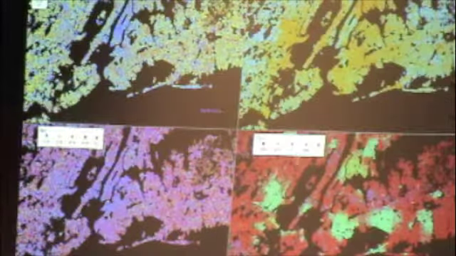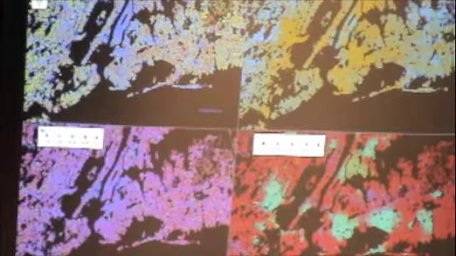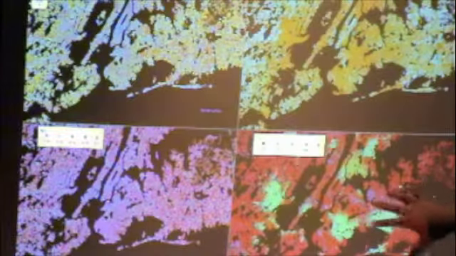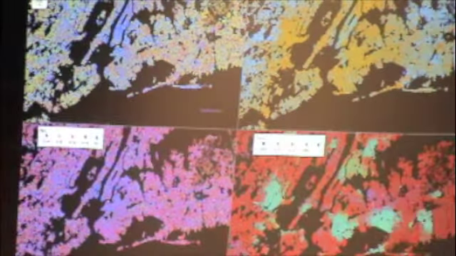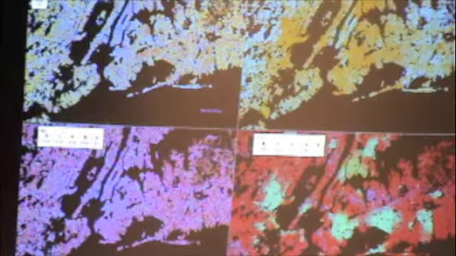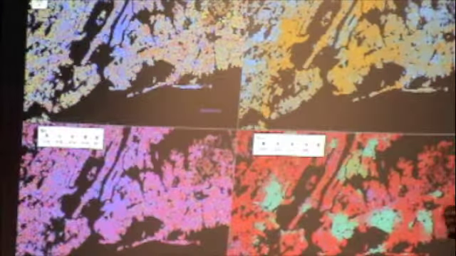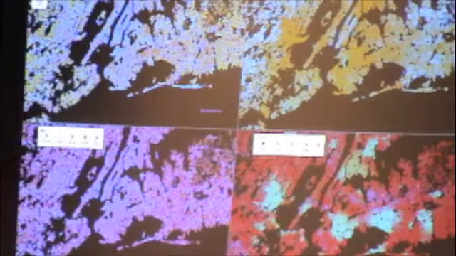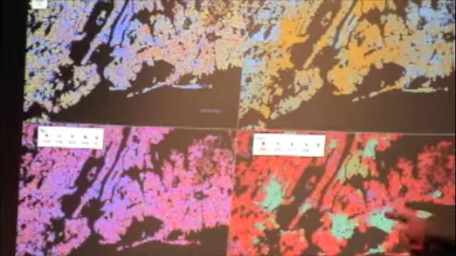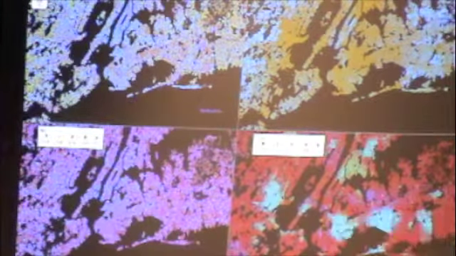This is New York City, and the New York City area has stark spatial clustering that we can see with our eyes. But how do you make a computer see this on its own? That's what we want to do. We want to automatically have the computer draw a little line around here and say, oh, there's